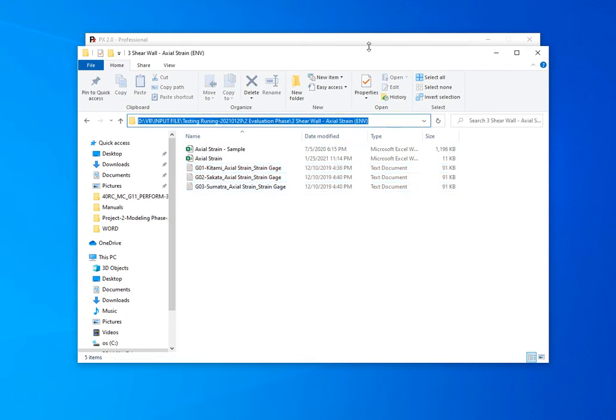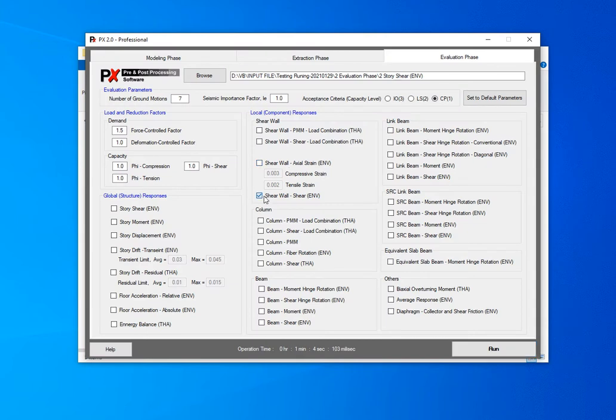Ready to run? Copy here and check for the shear wall axial strain here. You have 3 ground motions, change here to 3. You also can customize the compressive strain limit and tensile strain limit based on your design criteria.